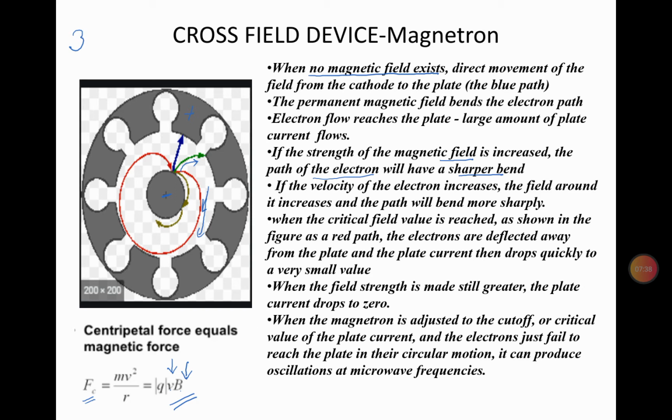So there is an equivalence between the curved path. So this curved path is because of a force, and that force is centripetal force. Now what is the one which is responsible for this curved path? That is the magnetic force, the force because of the magnetic field. So here you can see an equation between the centripetal force and the magnetic force. So what I want you to understand here is the strength of the magnetic field and the radius of curvature are inversely proportional to each other.